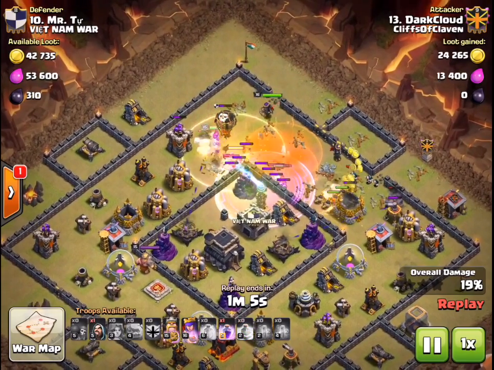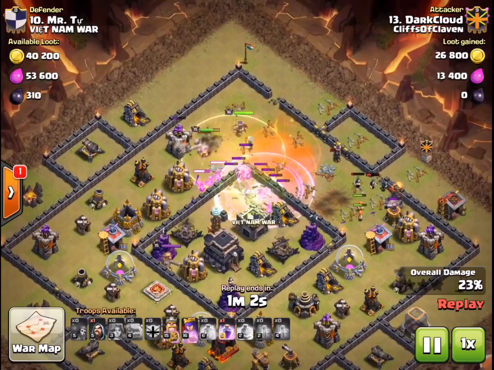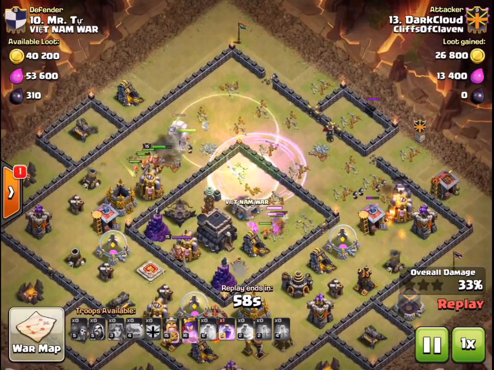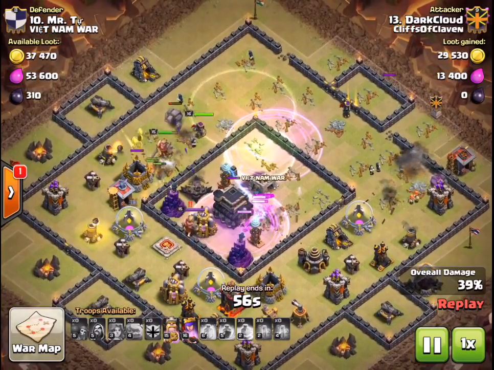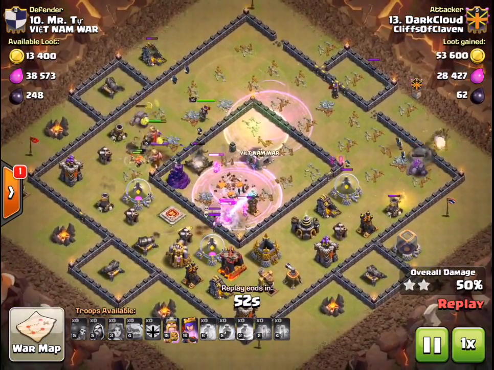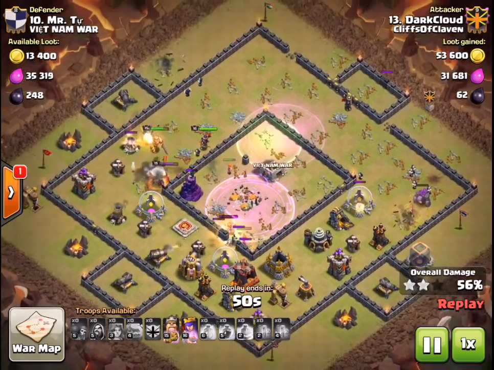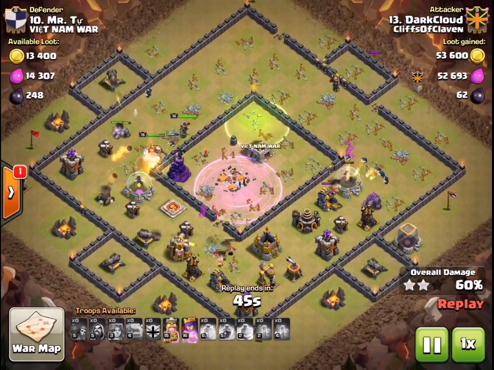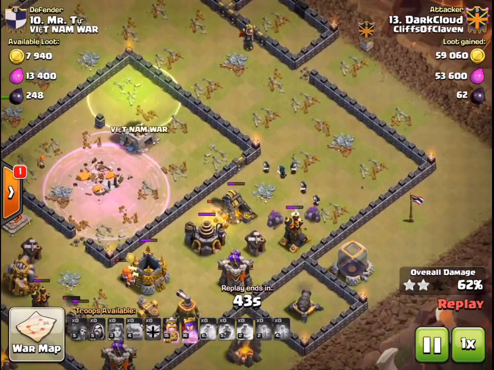Now this is a ring base, and I think the idea of the base is to have the troops sort of funnel around the outside, but Cloud drops a rage and a jump, and the bulk of his Valks do go right in the center, and there is the second rage to sort of clean out the center of that base, and then they're going to start working on the walls to get back into the ring part of the base. He does end up losing the majority of his Valks down here,